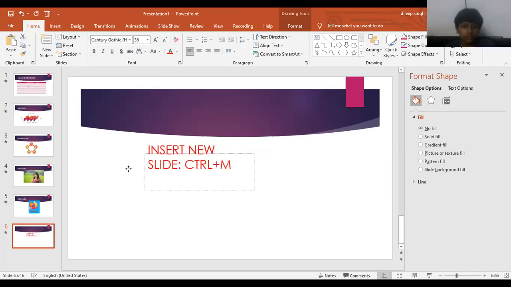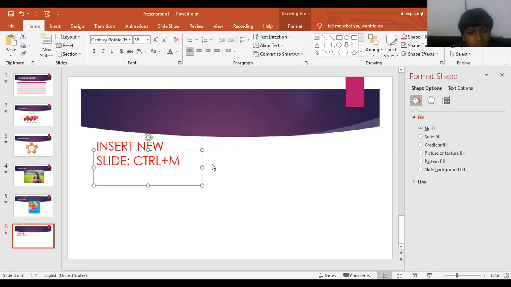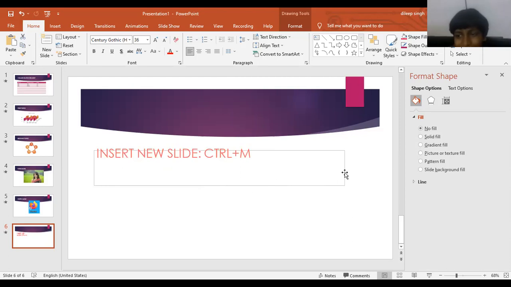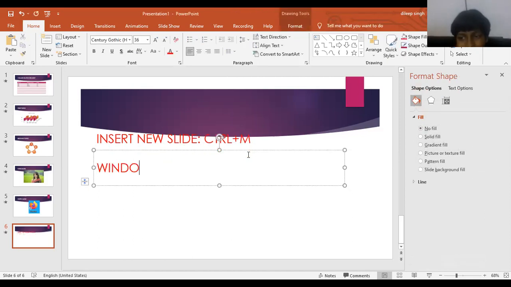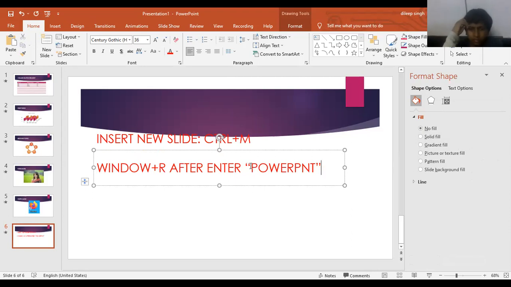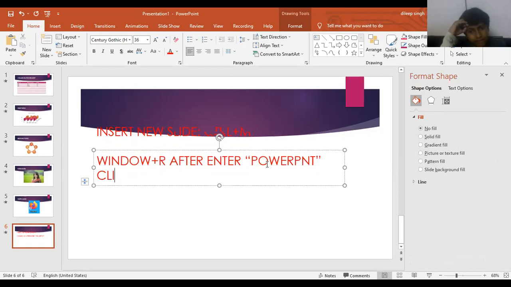And if you want to open the PowerPoint software by the Run dialog box, we have to press Window plus R. Window plus R, and after that type powerpnt, only type powerpnt, not in quotes, in the Run dialog box, and click on OK.